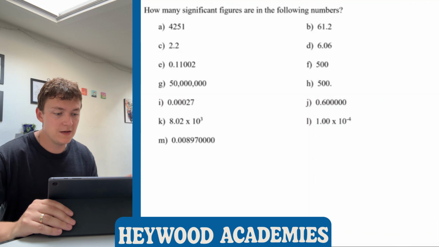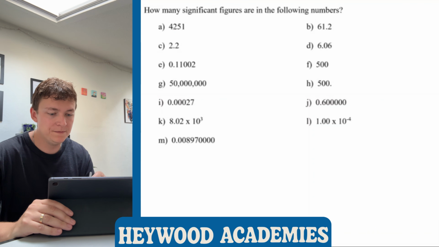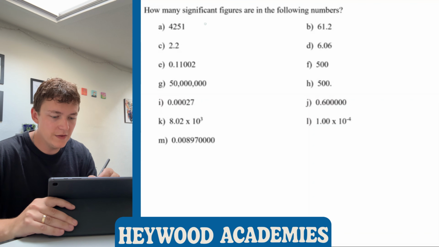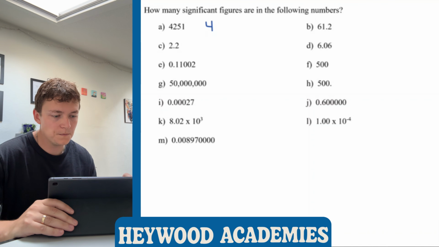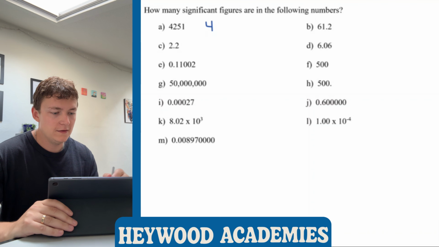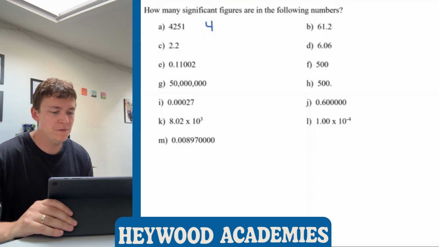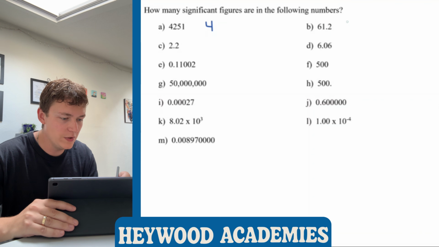So to count the significant figures, start with the first one. The first one has 4 numbers. There's no decimals and there's no zeros in there, so that is an easy 4. For the second one, we have 3 numbers and there's a decimal, but there's no zeros in this number. So again, we just count all of those numbers. We've got 3 digits in there,